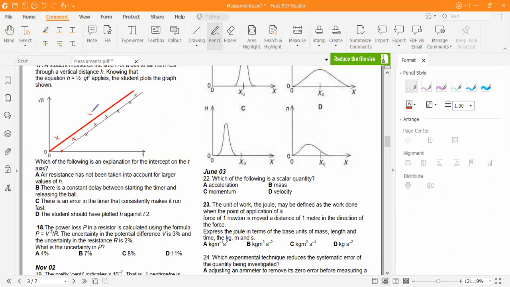This would be the case if it's only random error. Okay, but now I have both random and systematic. So if it was only systematic error, what would we get in that case? If there was no random error.